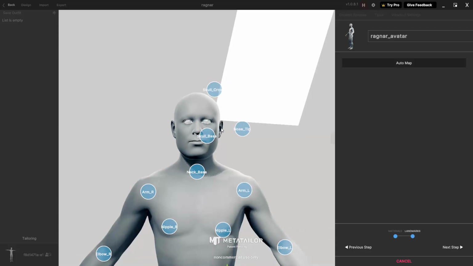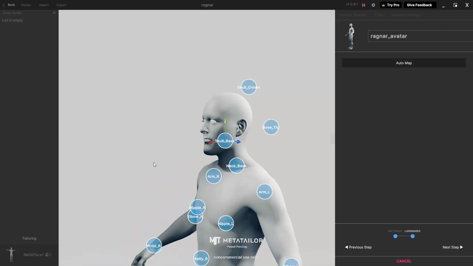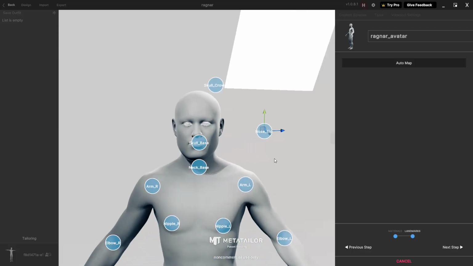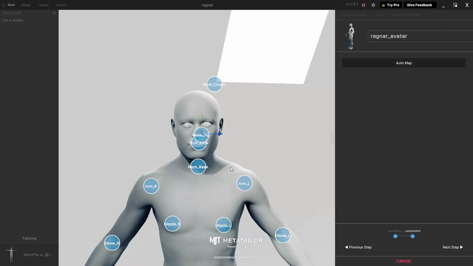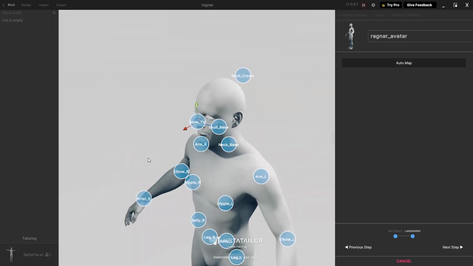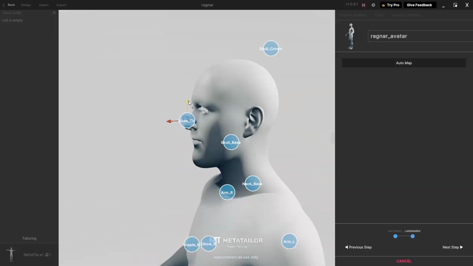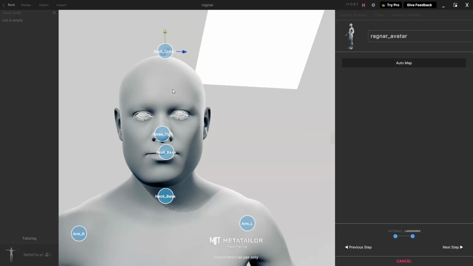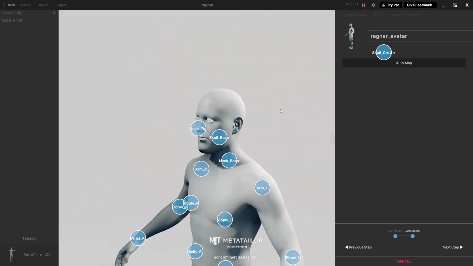For example, skull base should be on mouth, and check it from the right. The nose should be on the nose, and from front, and here. You see, you need to rotate it and check it from different angles. And this is the point that should be on top of the head,